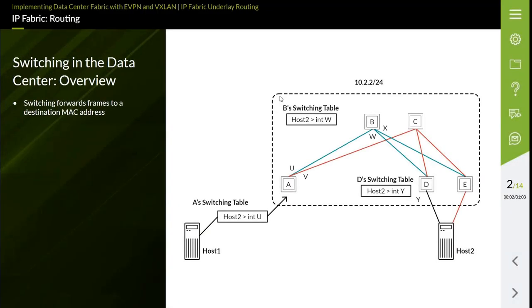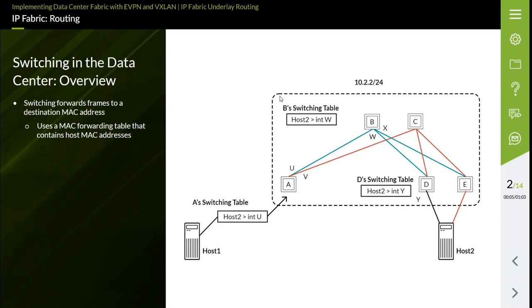Layer 2 data centers forward frames to connected hosts based on the destination MAC address of a network frame. When a host in a Layer 2 data center is required to communicate with another host within the data center and within the same Layer 2 broadcast domain, the source host sends a data frame to the MAC address associated